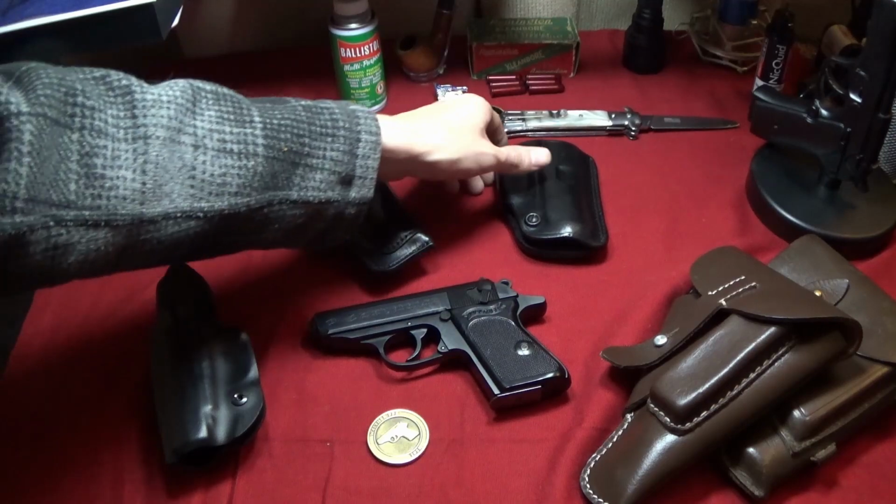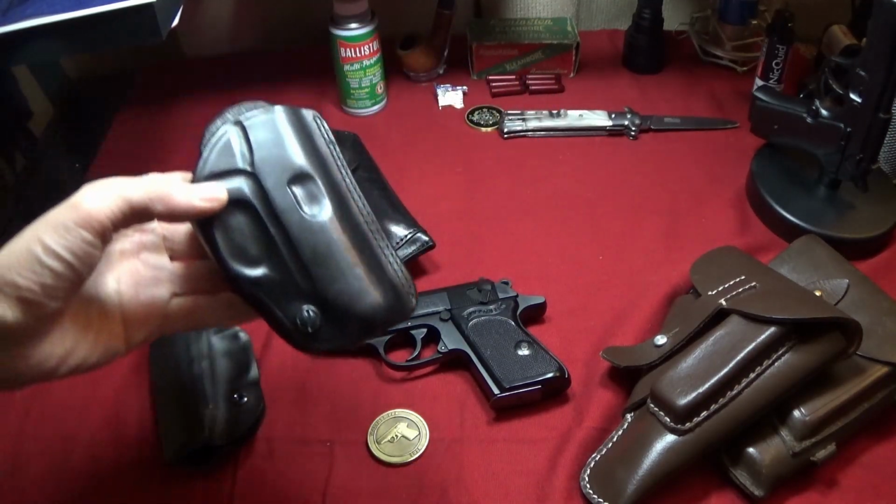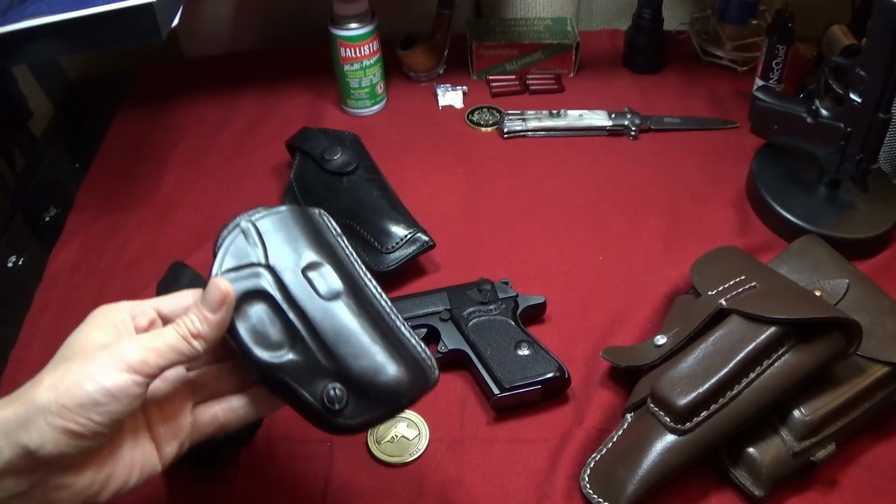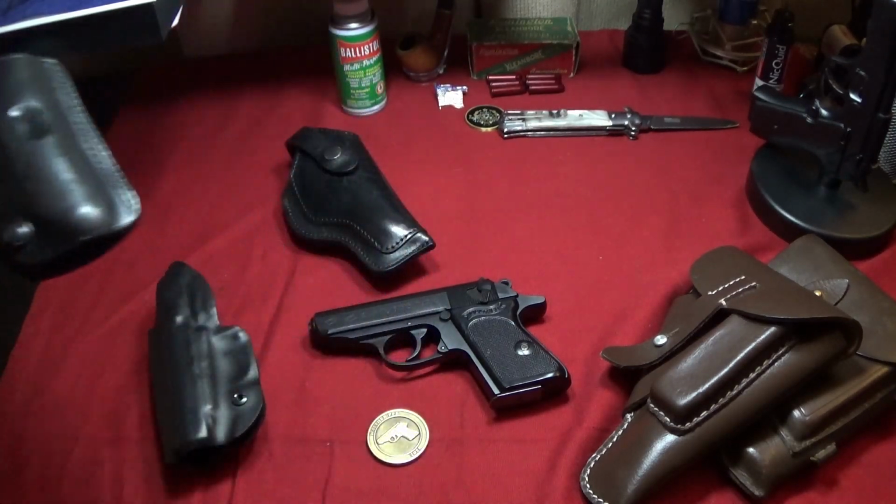So what I did on eBay is I found this nice Galco holster. Okay, and I thought this would be a really nice transition, a bridge between the...